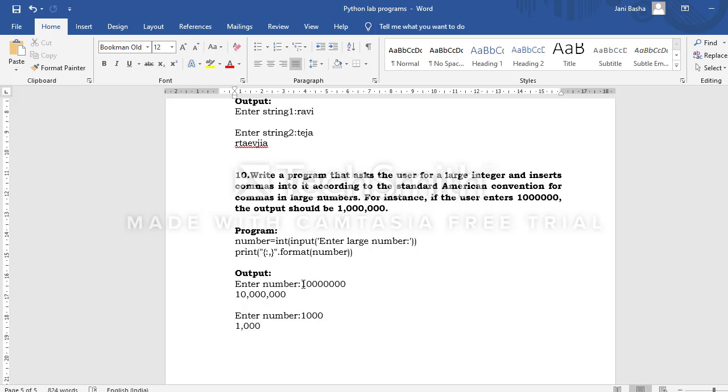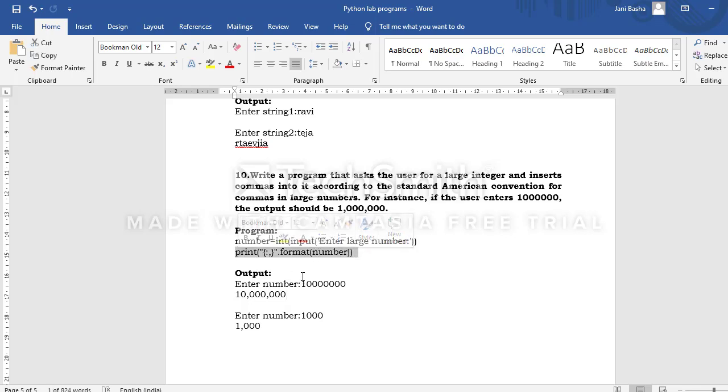Similarly, with this 1 lakh, and 10 lakhs I think here, you should get a comma after every 3 numbers.